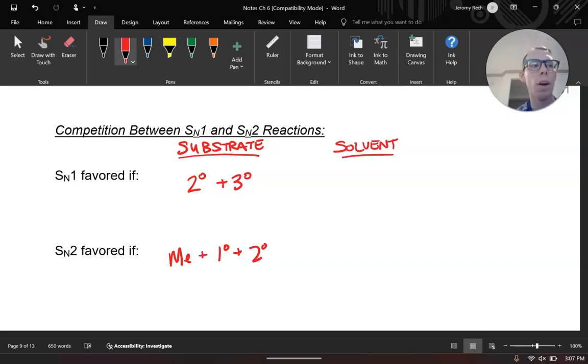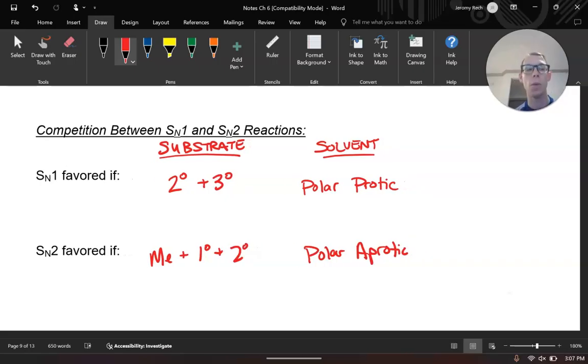For our SN1, we really want to have a polar protic. Protic meaning the ability to hydrogen bond, to interact with our reactive intermediates to help stabilize those. In SN2, we really want a polar aprotic, a solvent that does not hydrogen bond and is not going to get in the way. We do not want it to interact with our nucleophile. Speaking of our nucleophile,